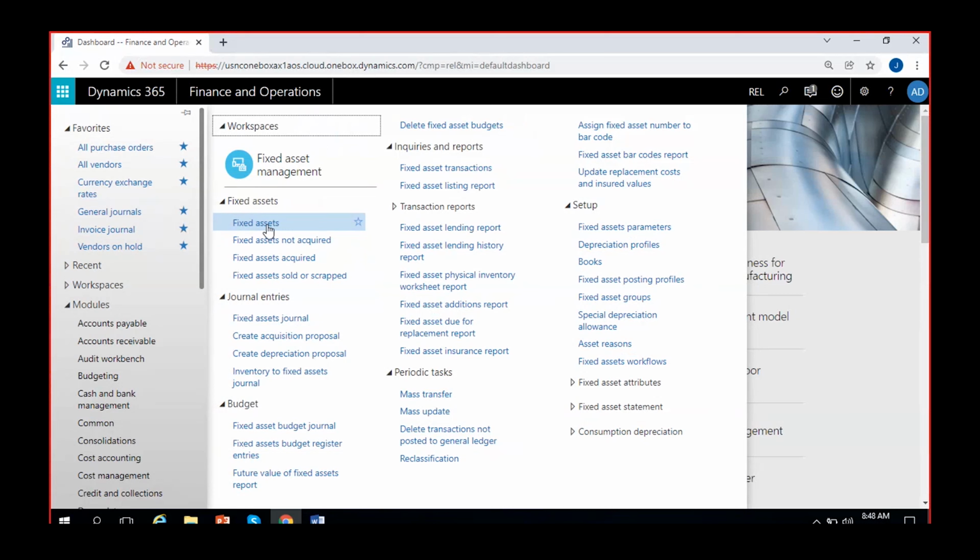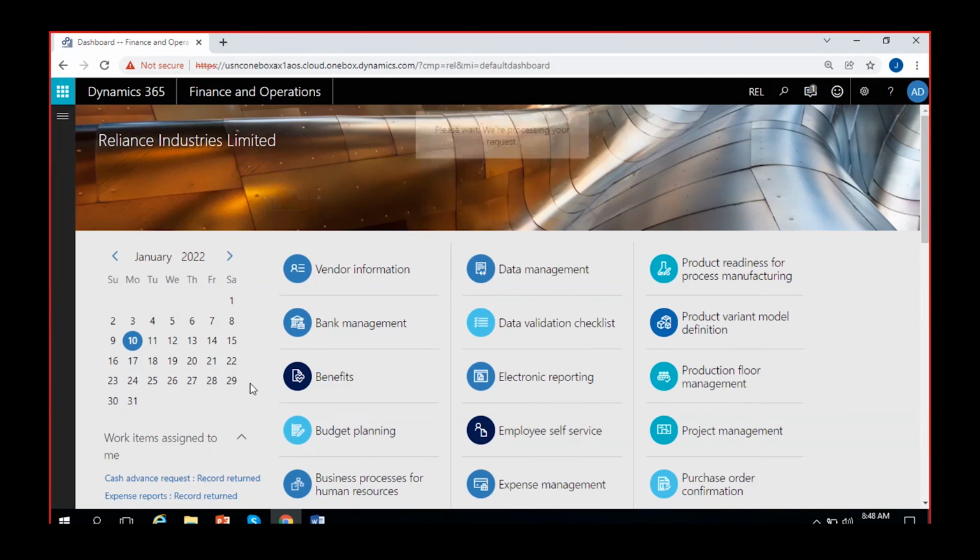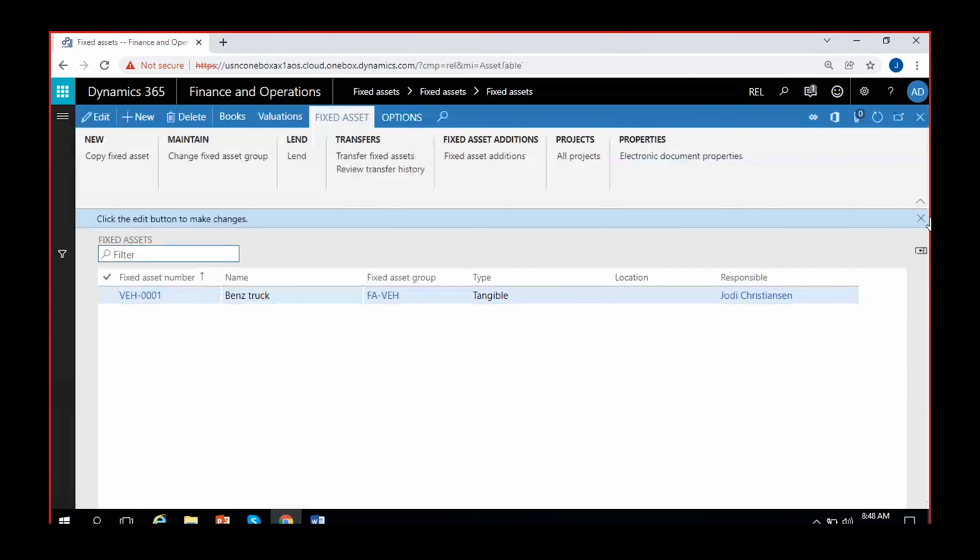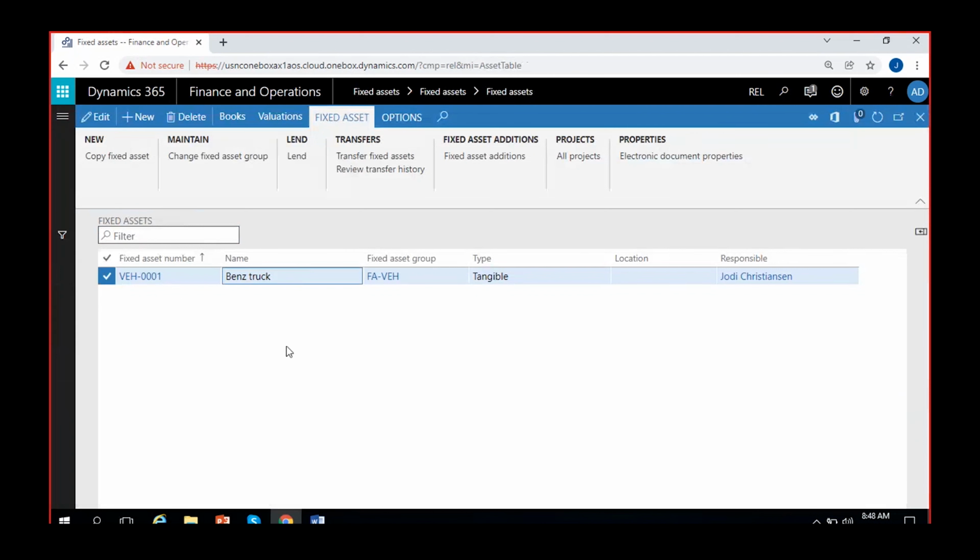Now let me go back to the fixed assets page again, where we have created this fixed asset number one. So for this fixed asset, earlier we have seen this option called books. We can edit this, we can create a new fixed asset from here. We can delete the existing fixed asset in case you don't have any transactions on that fixed asset. Then you can also go for valuations. Let's see what is there under valuations here. If you click on valuations,